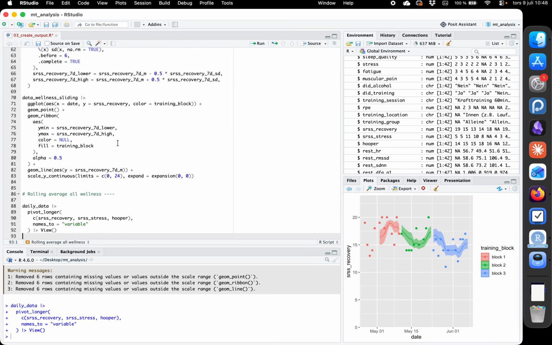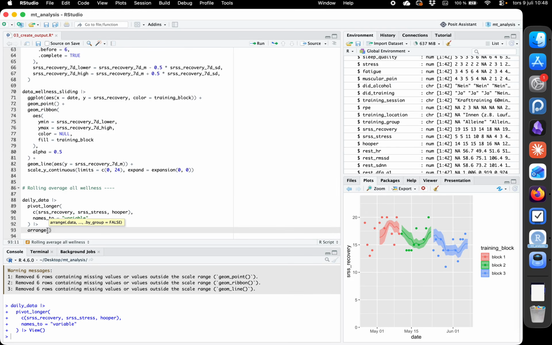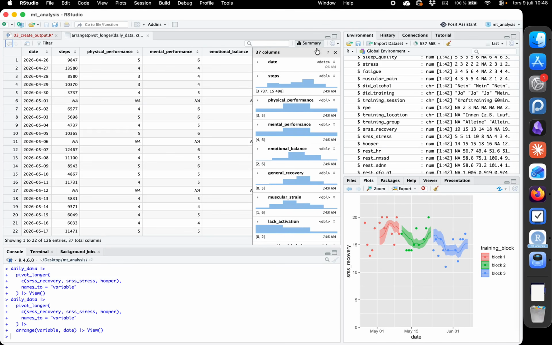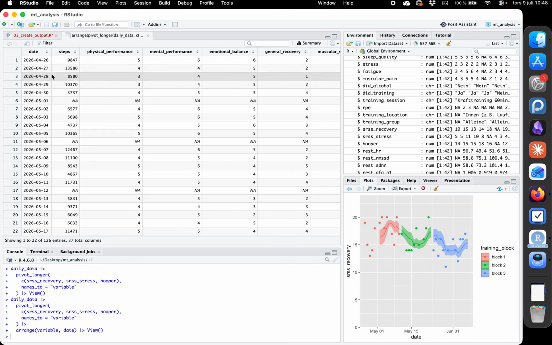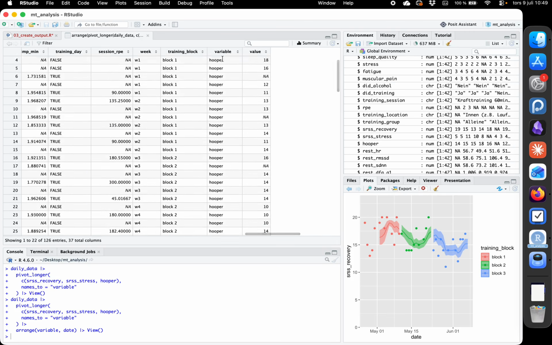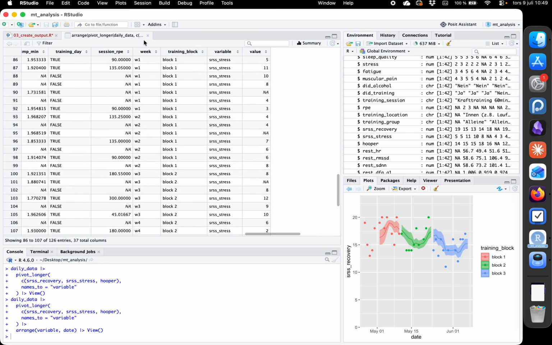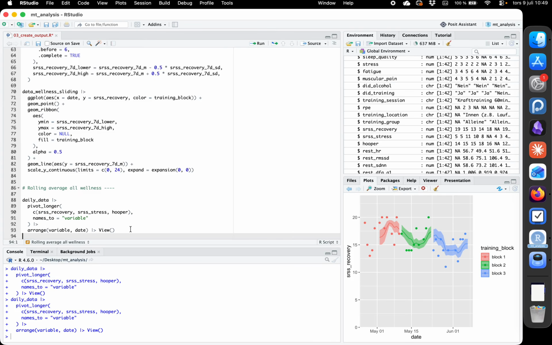So here we would need to arrange, and before we did it by date, now we want to do it first by variable and then by date. And if we look at this now, you see that now we have 26, 27, 28 for our Hooper, and then after that we have SRS's recovery, and then after that we have SRS's stress. So this is good. And now we do the mutate,